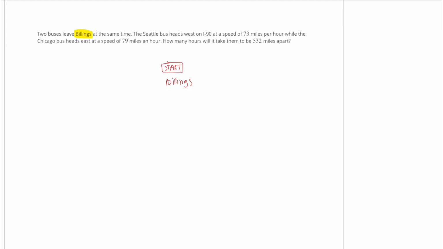So we have 2 buses, and here they leave at the same time. Now, the first bus, let's go ahead and call it the Seattle bus. Well, for the Seattle bus, it has a speed of 73 miles per hour, and it's heading west. So I know from my starting place, I'm heading out towards the west, and I'm heading towards Seattle,